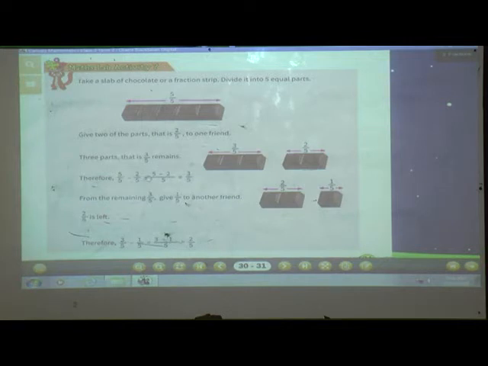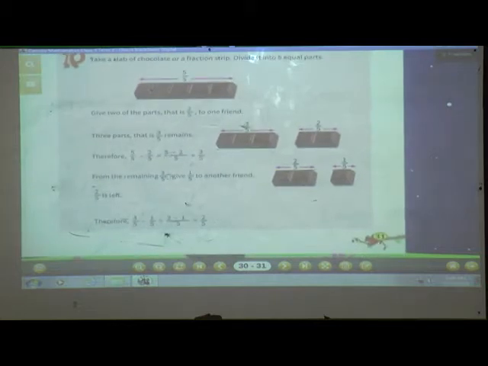Therefore 5 by 5 minus 2 by 5 means what? Out of this total, full chocolate, if you will give 2 parts to your friend, then 3 parts will remain. So 5 by 5 minus 2 by 5 is equal to what? Like addition, we have to subtract the numerators only. Here 5 minus 2 you have to do, and the denominator which is 5 is the same denominator in both the fractions, so the denominator remains the same, only you have to subtract the numerator. So here if you do 5 minus 2, then you will get the fraction 3 by 5.